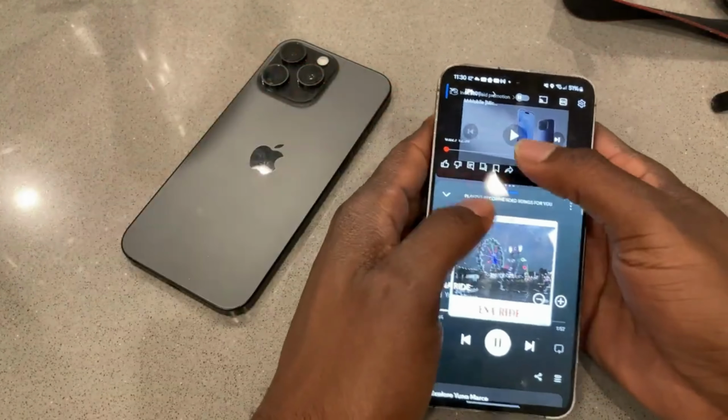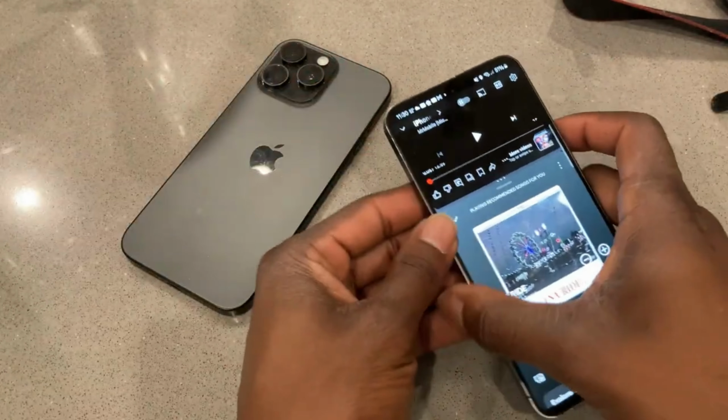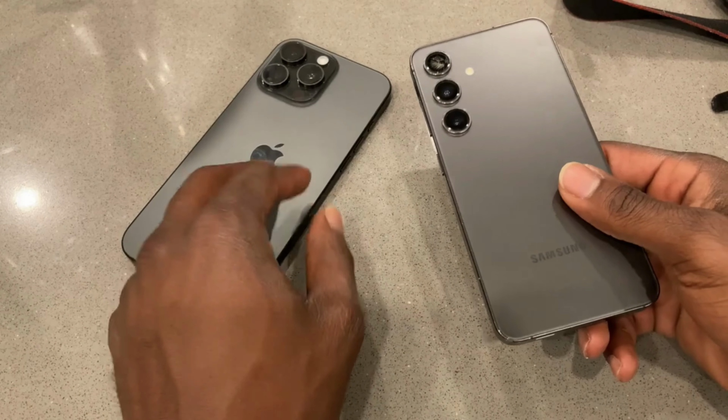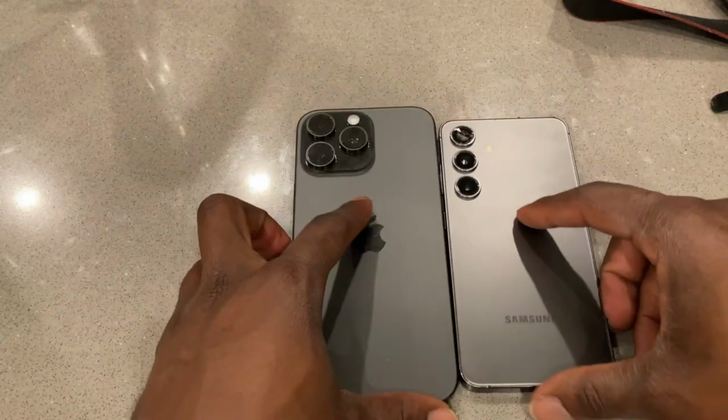Why can't you do this? Multitasking, that's something, Tab Nation, that bothers me a lot about iPhones overall. I always have to have a Samsung or an Android phone in rotation because it does so much stuff better than the iPhone. I don't want to give you guys too much because I'm going to do a literal